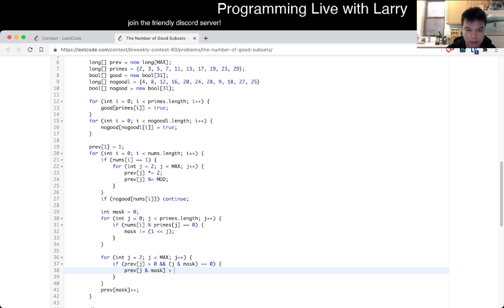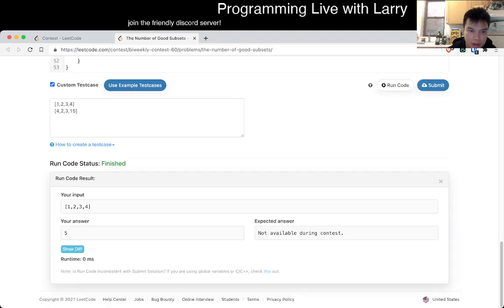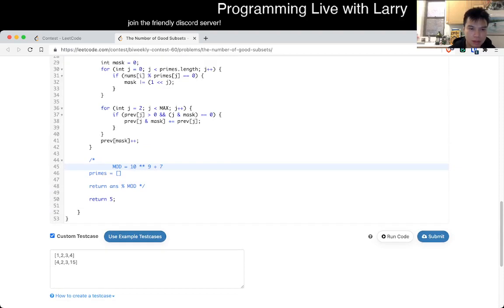So I want something like this, but we have to be clever about this. Oh no, I think that's okay, because by the time we go to j and mask, if j is j and mask, this would not be equal to 0 anyway, so maybe we're good here. And then now we just